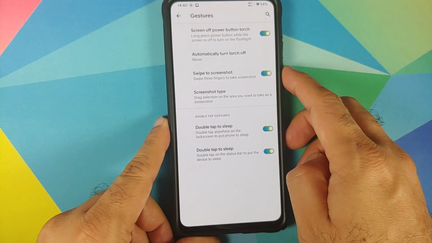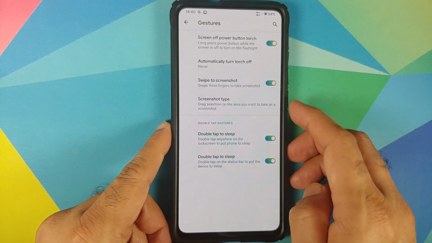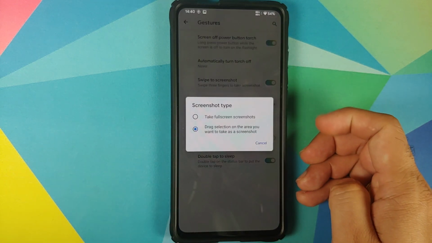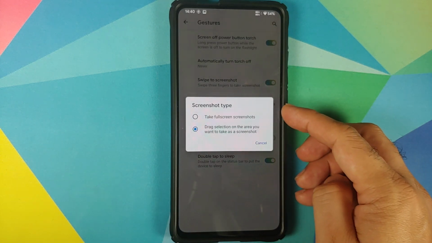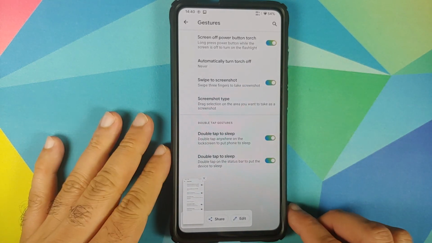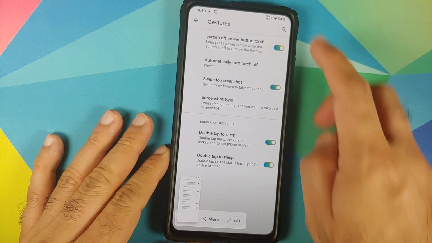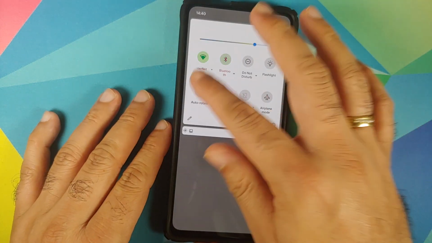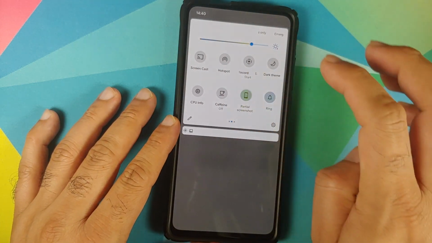And then you also have 3-finger screenshot along with the option to choose what kind of screenshot you want to take. Do you want to take a full screenshot or do you want to take a partial screenshot? There it is, 3-finger screenshot. It should have asked me for a partial screenshot, but I think this is a bug in the build right now,